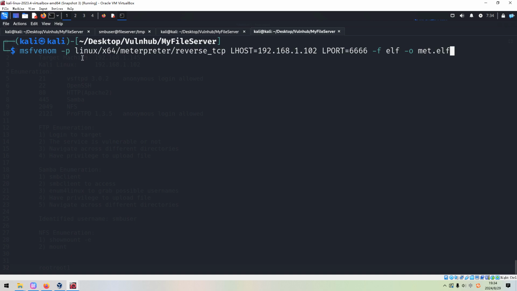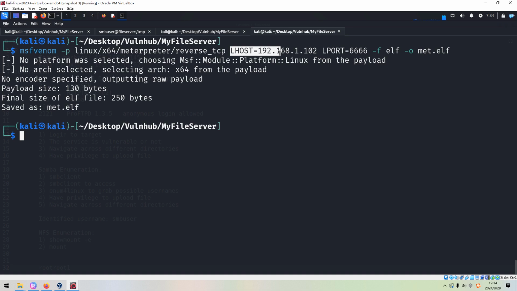So this should be the payload name or the relative path of the payload, and we need to configure some options. Okay, so now we can hit enter. All right, the payload has been successfully created.